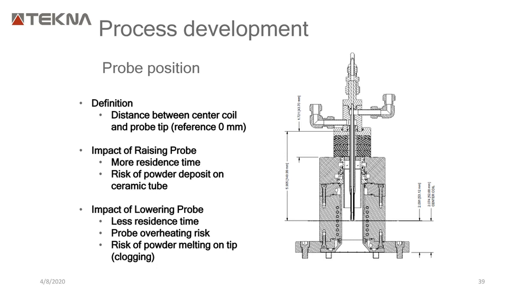Now, if I raise my probe too high, there is more residence time. So the powder gets ionized there, and before it even exits the nozzle, it loses its energy and starts depositing in the ceramic tube itself. If I lower my probe too much, the probe starts overheating and it might break. What can also happen is the powder can melt and stick to your nozzle itself without exiting it. So I should choose an ideal distance, exactly at the center of the induction coils, such that my powder falls at the correct center and I have proper ionization time, or the residence time, for it to evaporate, melt, and transfer energy.